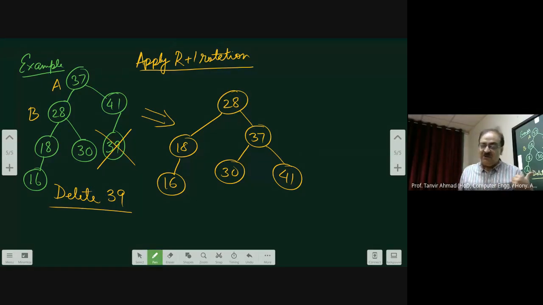Now that is an important observation. But normally what you have seen is that when I rotate, it decays by 1. But here it decays by 2. The balance factor of A was +2. That means the root was +2. Now the new root that we got has again come back to 0.